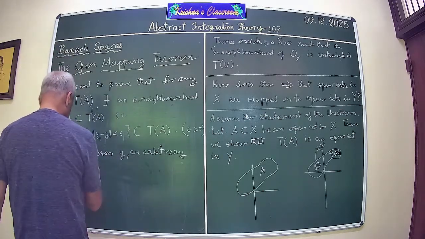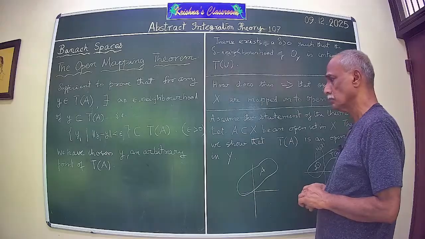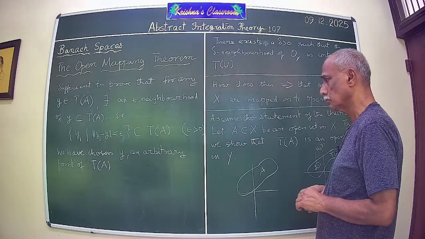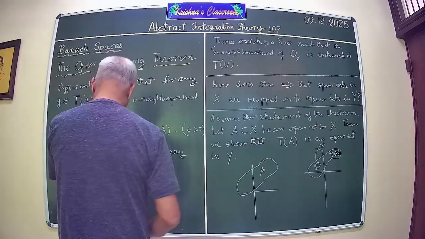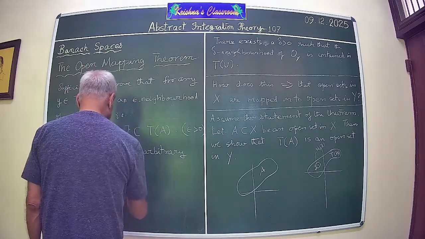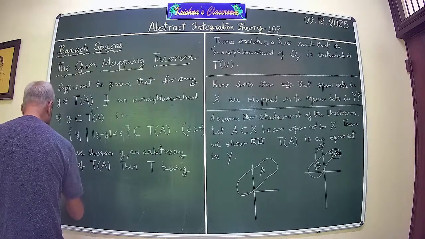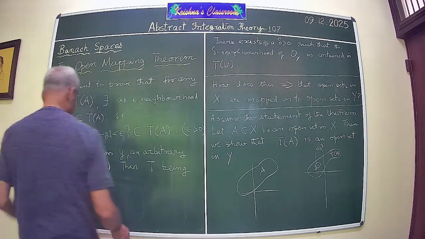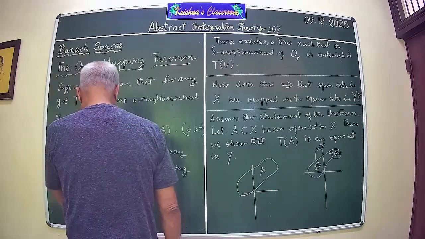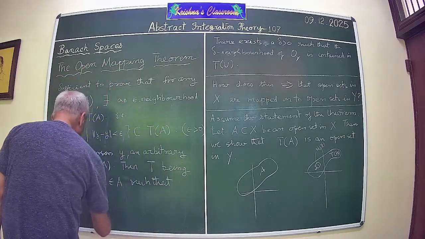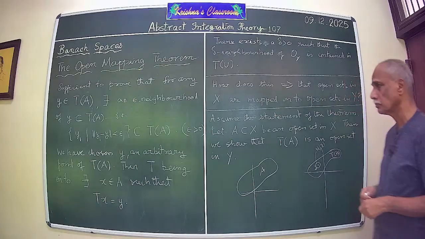point of T. Then T being onto, there exists x belonging to A such that T x equal to